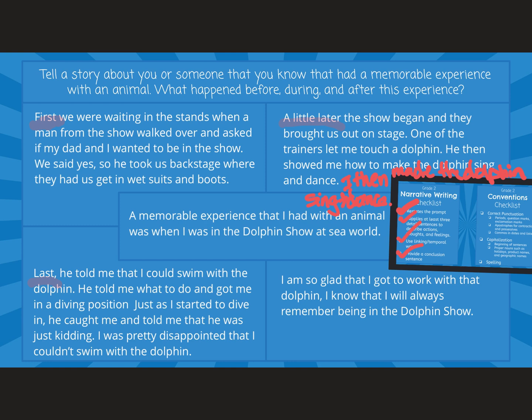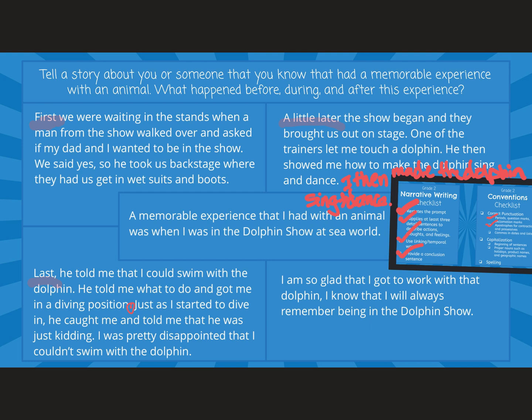All right, next is correct punctuation, and I'm going to default to the little extra ones, and I'm going to go in and reread each sentence and make sure that it has a period at the end. And when I do that, again, I'm trying to hurry through so you guys can get to yours. Right here in my third detail box, I need a period right there. So I'm going to put a period and circle it just to make sure I remember it. Okay, check. Apostrophes for contractions and possessives. I did not use a single contraction or possessive in here that I can see.